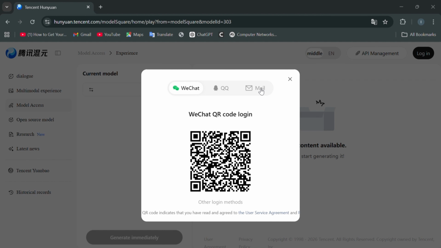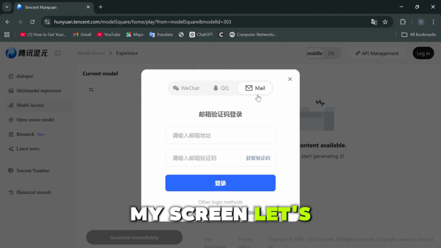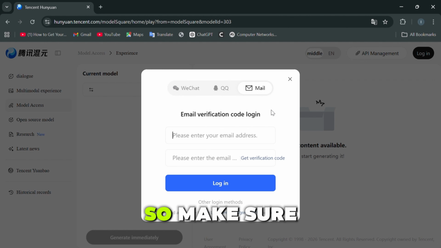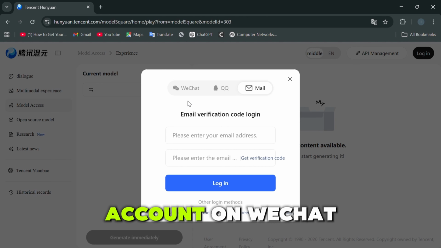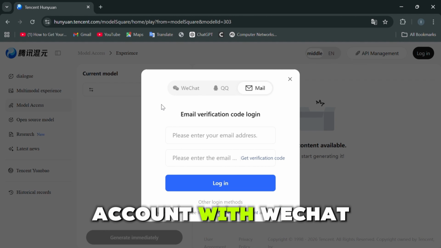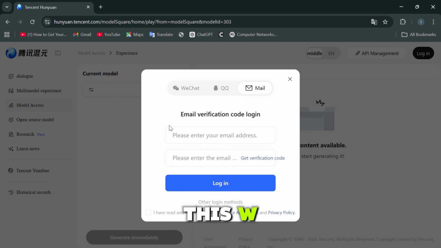I hope you are seeing my screen well. Let's continue with account creation. Make sure to follow step by step as I'm showing you. You come on here. You see here? We have sign-in options for this video generation model, which is from China. We have WeChat, which is the most used in China. If you have an account on WeChat, you can just sign up with WeChat. If you don't have one, the easiest way that we are going to use is